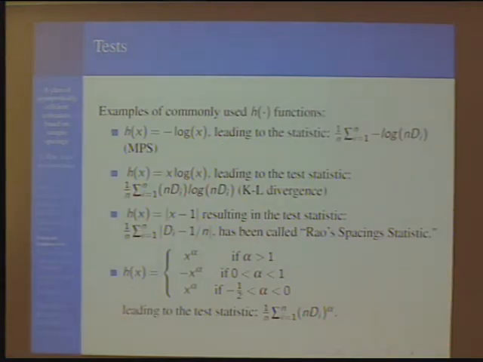And here are potential classes of h functions. h of x is minus log x, that leads to what's called the maximum product of spacings. If h of x is minus log x, that corresponds to the product of the spacings, right? And then the Kullback divergence measure. Or, for example, h of x is absolute x minus 1, and that leads to a statistic like